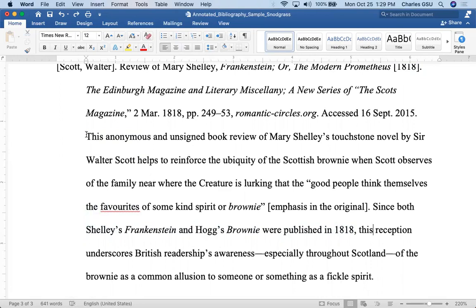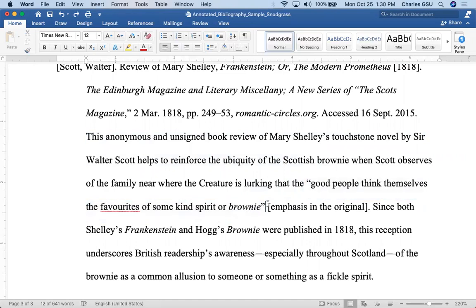So I say, this anonymous and unsigned book review of Mary Shelley's touchstone novel by Sir Walter Scott helps to reinforce the ubiquity or prevalence of the Scottish Bruni when Scott observes of the family near where the creature is lurking that, quote, this is from the review, the good people think themselves the favorite of some kind of spirit